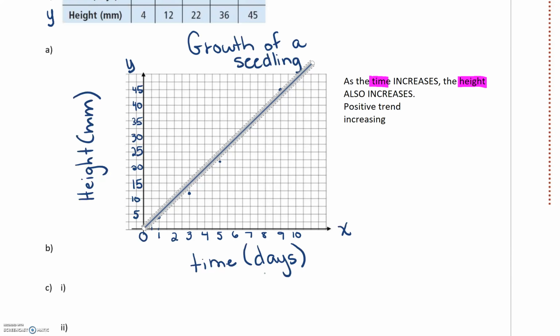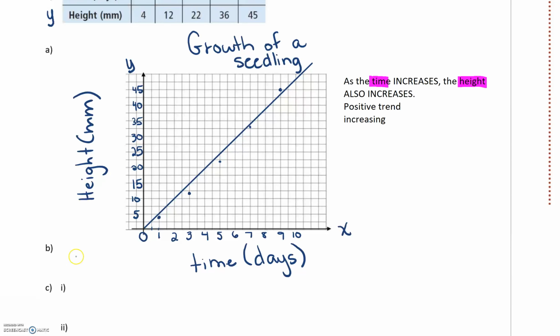Okay, it's a straight line that goes through most points. And notice how I started my line on my x-axis. It looks like it's kind of starting at 0, but it doesn't have to start at 0. This data just happens to be a relationship that does start at 0. But a line of best fit is a line that goes through most points,